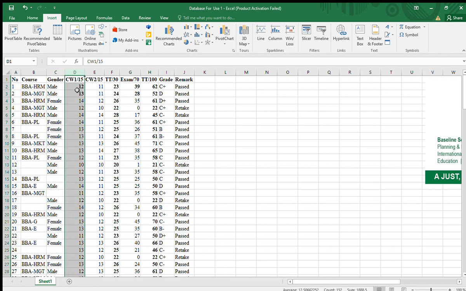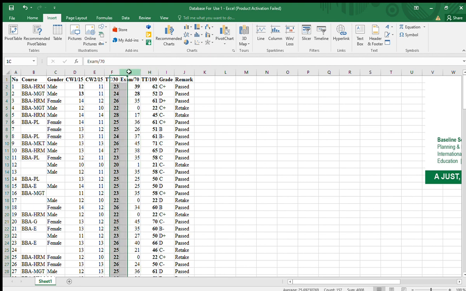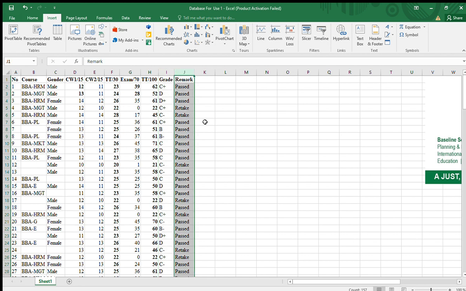You have a column for coursework 1, which is out of 15, coursework 2 out of 15, and the total coursework out of 30, and the main exam out of 70, and the total for the coursework and the exam out of 100, and then the alpha grade is also there, and also those remarks to see whether somebody has passed or someone has got a retake is also there. So we're not going to make any changes in this data, but you just need to note that